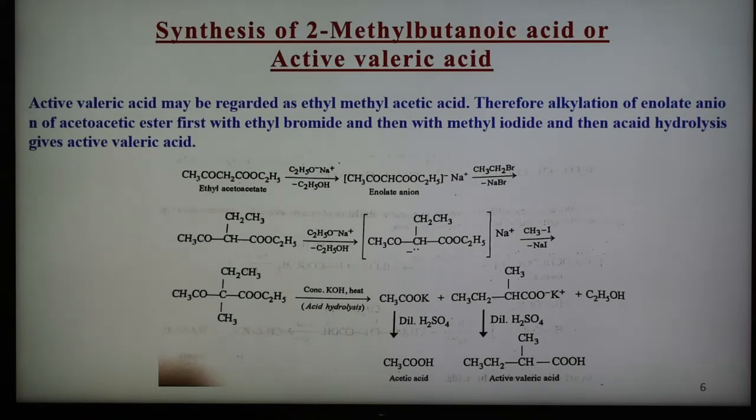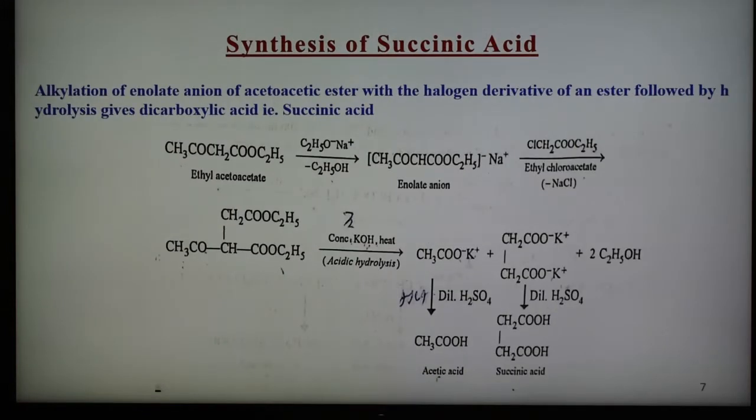So this is another compound which can be synthesized by the use of a 3-step formation of enolate, alkylation, hydrolysis, and decarboxylation, and here acid hydrolysis. So this is a 2-methyl-butanoic acid synthesis by using ethyl acetoacetate. So ethyl acetoacetate is a very important compound, and another synthesis is there, of a dicarboxylic acid, and that is known as the synthesis